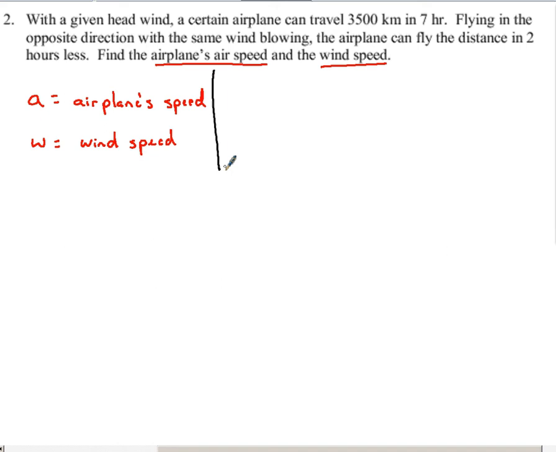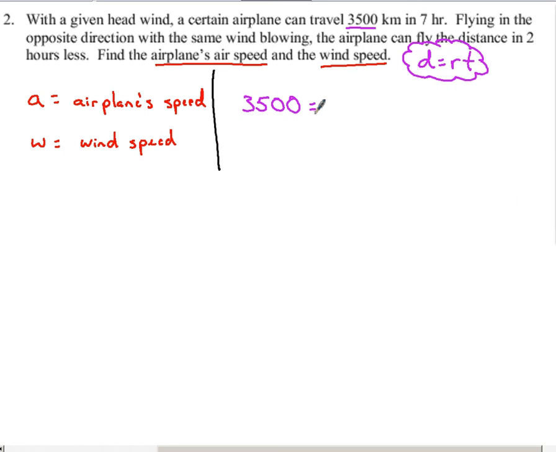If you break this down, we're talking about some distances, some times, and some speeds that we want to find, right? This is a classic distance equals rate times time scenario. So if I use that type of formula as my inspiration to set up some equations, let's go back to this distance here. Distance is 3,500 kilometers, right? So 3,500 would equal,